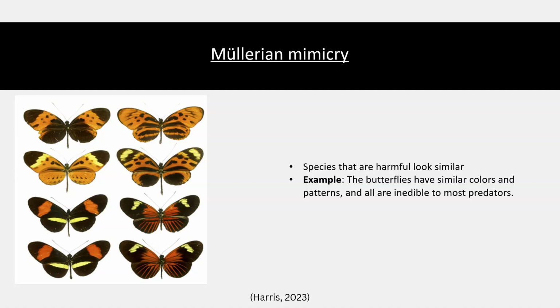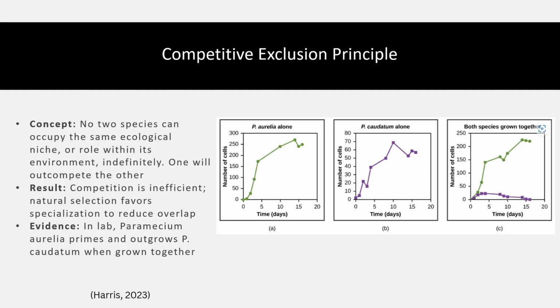There's also the competitive exclusion principle. This states that no two species can occupy the exact same niche indefinitely. Eventually, one's going to outcompete the other. So competition often pushes species towards specialization, or the development of different food sources, habitat zones, or activity times to